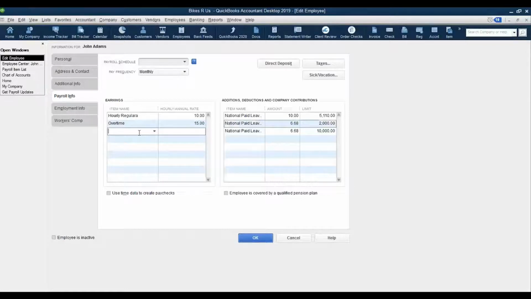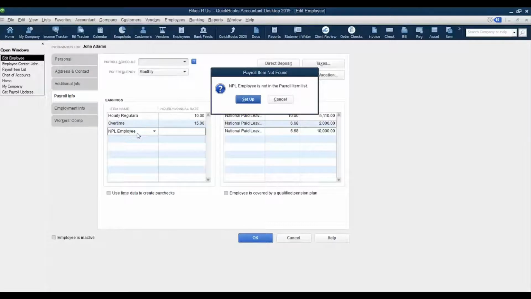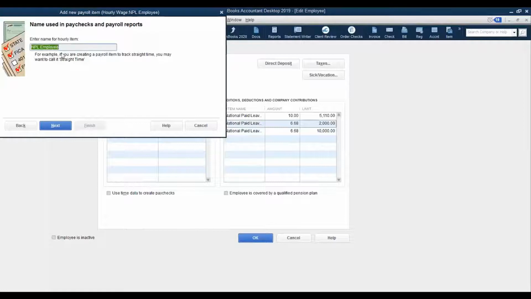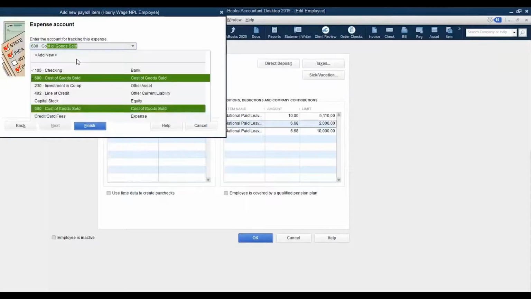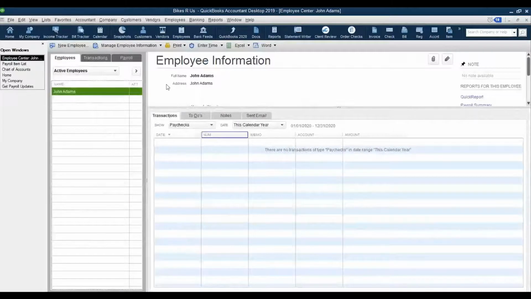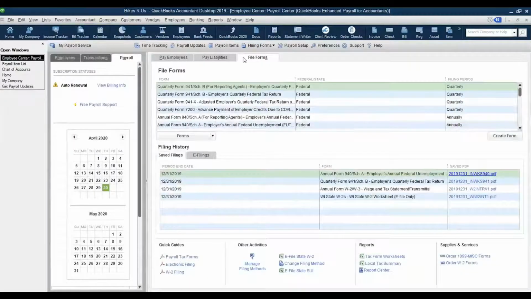So if I wanted to create another national paid leave for the self-care for the employee, I could just go ahead and type that in here, name it something I wanted to do. QuickBooks is going to say, it's not in my list. Do you want to set it up? And I do. I would like to set it up. I would like it to be hourly wage, a regular pay. This is just the name that I picked for it. You can pick whatever name you want. You can allow it to go to the COVID expense account. And I'll show you in just a minute what I exactly mean by doing this particular setup, because it might be a little confusing to you until you actually see it in action. But if I go ahead to run a payroll,